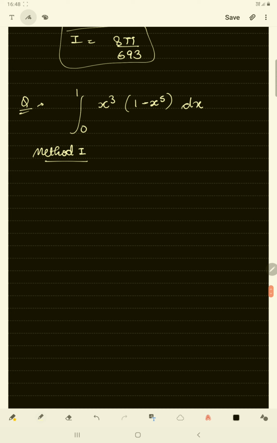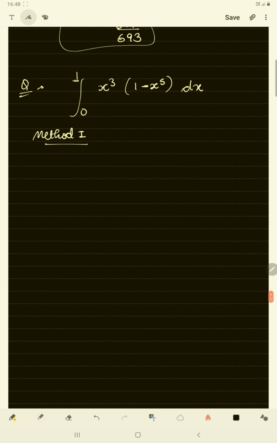Since we have a 1 minus x and a 1 in the upper limit, we just think of the King's property over here, because we can just twist the terms. Wait, we just made a mistake. There was not 5, it was (1 minus x) whole to the power 5. Yeah, so this was the question. Now we have 1 minus x, and we can simply use the King's property to get a 1 minus x here also.